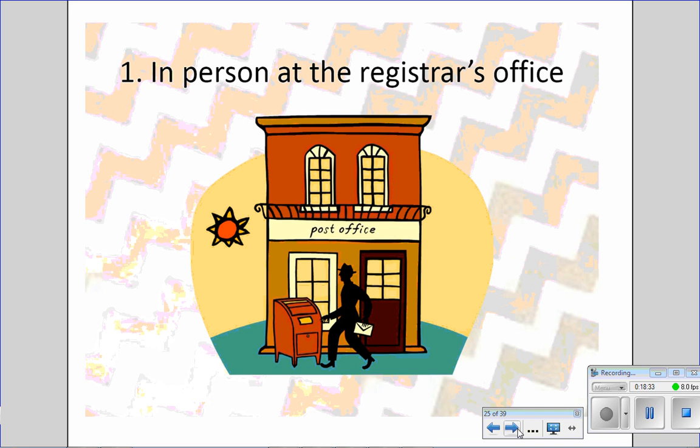That's like a government building where you go for all kinds of licenses. You can go to register to vote. You go there to get your marriage license when you get married. You can go there if you are registering a business, if you're trying to get a patent, all kinds of registering different things. And they are all over. There's one right by Fair Oaks Mall, a government registrar's office over there. That's where I had to go to get a copy of my marriage license recently. And so you can register to vote there.